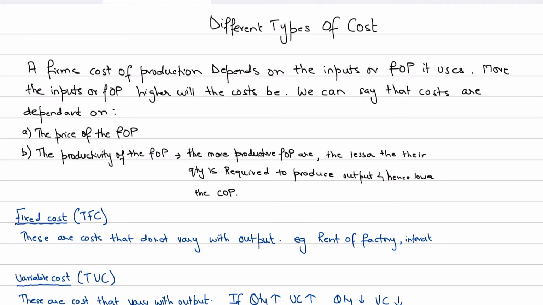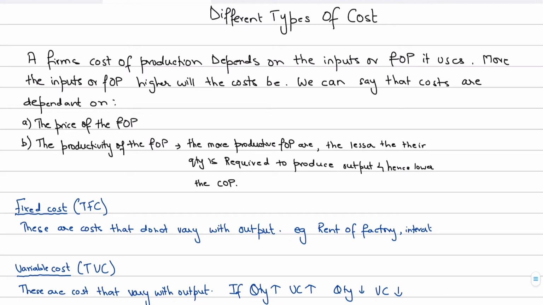Now guys, before I move on to what fixed cost is, you need to understand that a firm's cost of production depends upon the inputs or the factors of production it is using. The more inputs it uses, the more factors of production it uses, obviously the higher should be the cost, right? We can further say